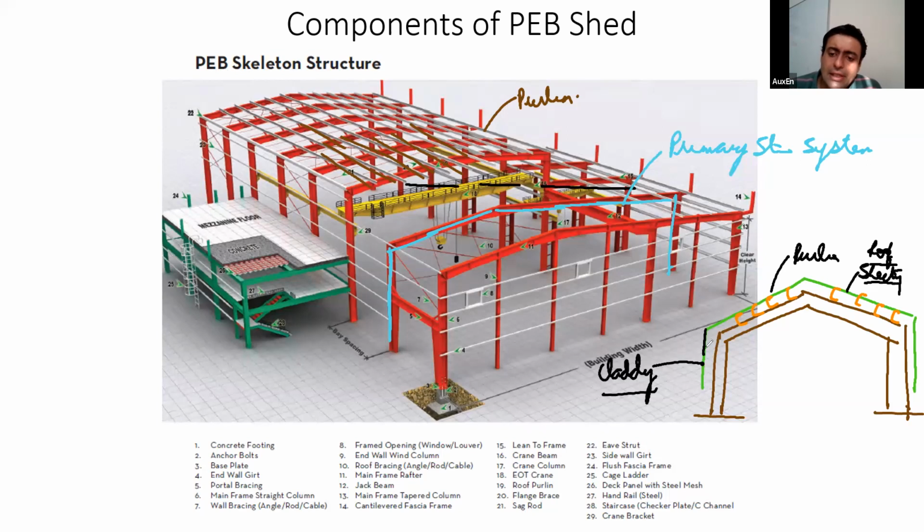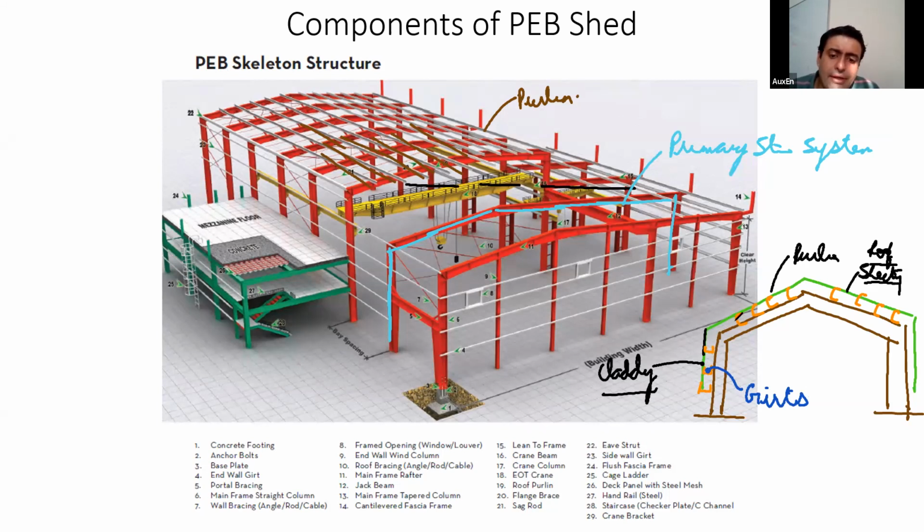And then the element that we provide to connect our cladding with our column, let us say, this element we call the girts. So the technical name that we use for this is girt, G-I-R-T-S, girts. Okay, is it clear? I hope this point is clear to all of you. Yes, no?